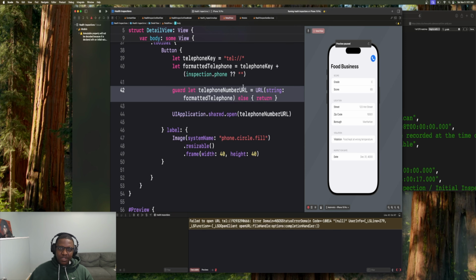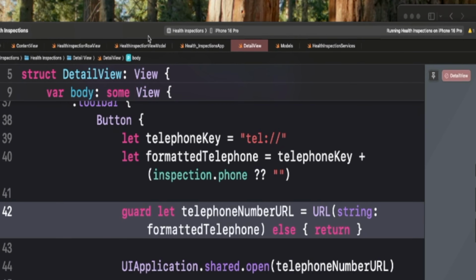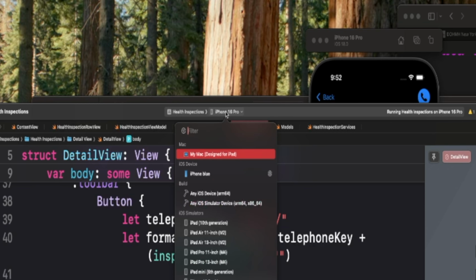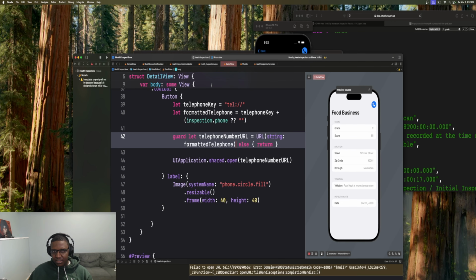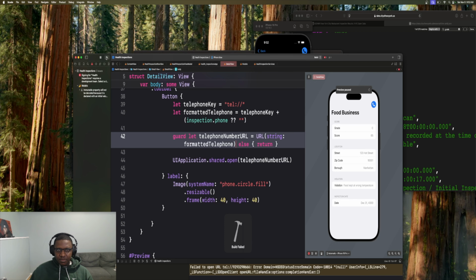To actually make a phone call for our app, we have to switch to using our regular device. So to do that, we have to go up here, and then instead of using our simulator, make sure you have some type of device connected. And what you can do is just select this. So right now I'm going to switch to iPhone Blue, which is my device that I have. And then when I run this,